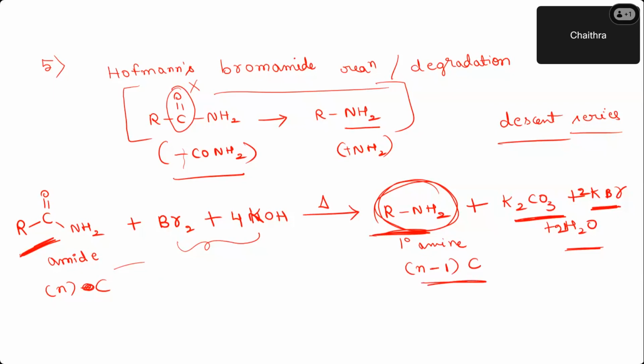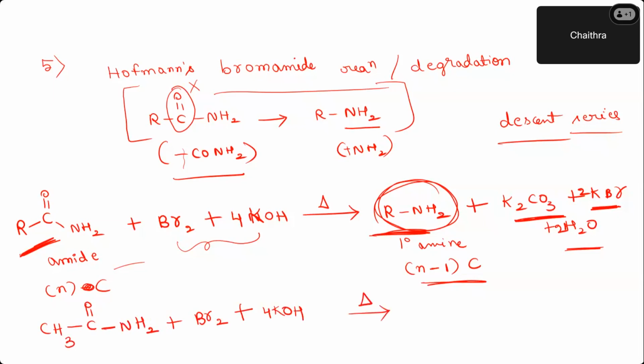Okay, good. So take an example. Earlier I took acetamide, right? That is the best example actually. So you take that only, CH3, C double bond O, NH2, and write the reagents. Sometimes they will ask for Hofmann's bromamide degradation. What are the reagents required? Bromine and either potassium hydroxide or sodium hydroxide.